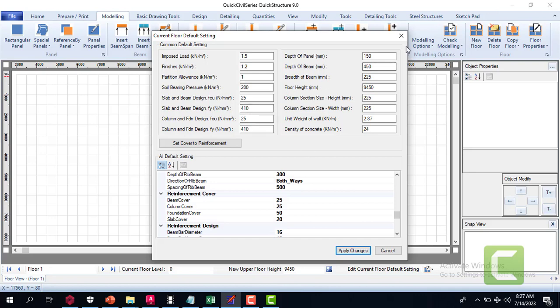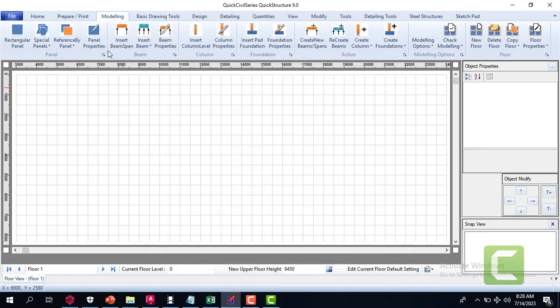Then the depth of the beam as well, I can specify. Normally it's customary we use 450 as depth of beam for most designs. That's the first cross section we make use of. So if I click on apply changes,